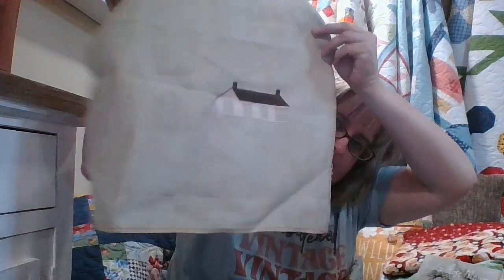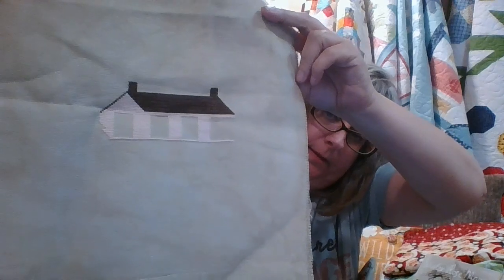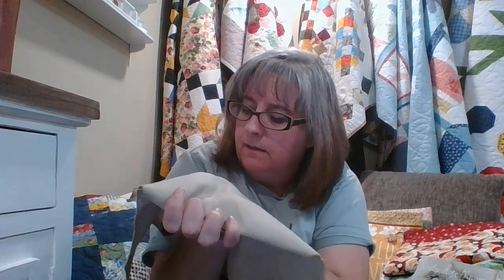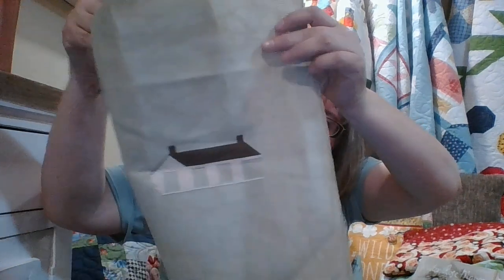Sorry. And that's where I'm at. I'm looking at this. I'm usually on 18 count, I use 1 strand of floss, and for some reason I am using 2, and I don't know why I chose to use 2, but